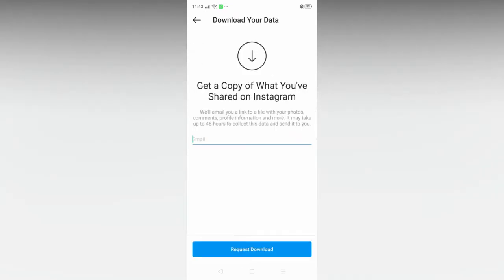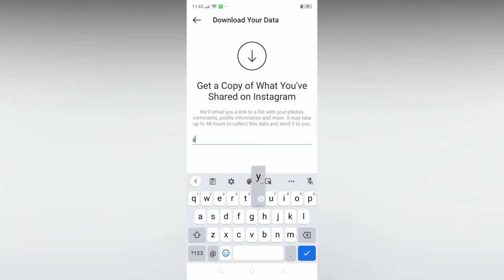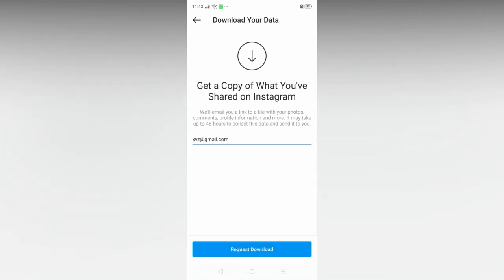Okay, now what you do is you type in the email on which you want to back up all your data. So it could be any email. Just to demonstrate it to you, I'm just typing in a dummy email, xyz@gmail.com, and then you would just tap on request download. You would be asked to enter your password, and after that Instagram would process your request, which